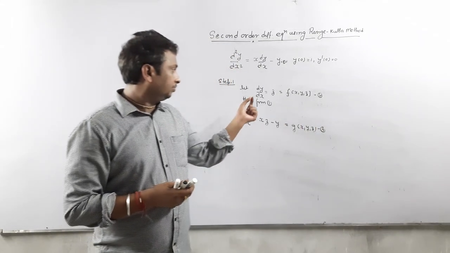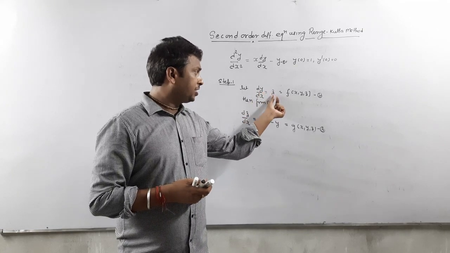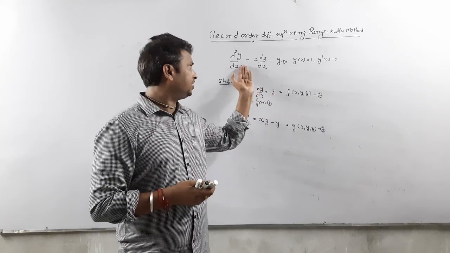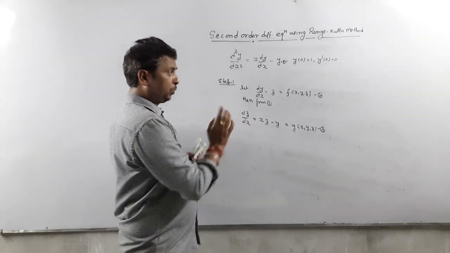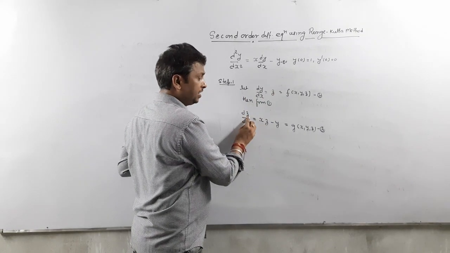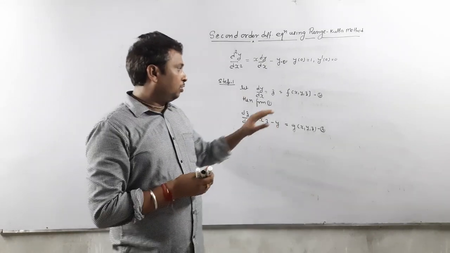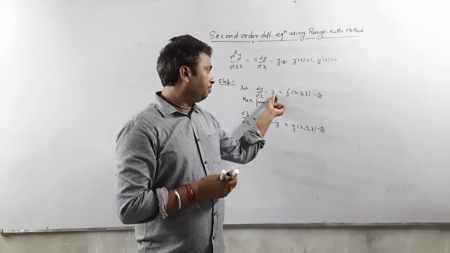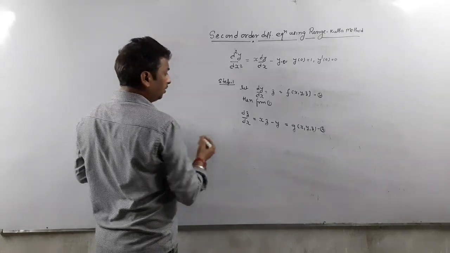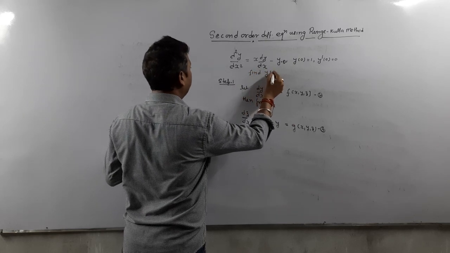Now see, one differential equation is dy/dx = z. When you differentiate both sides, we get d2y/dx² = dz/dx. Then just put the value there. So we always get two equations: one is dy/dx = z, and the second is dz/dx = xz − y. Denote this one by f and this one by g. Once you have f and g, the question is to find y at 0.2.